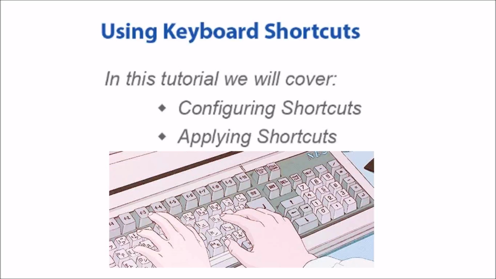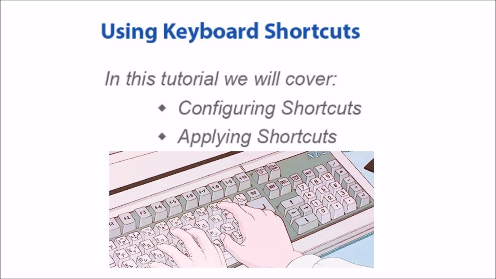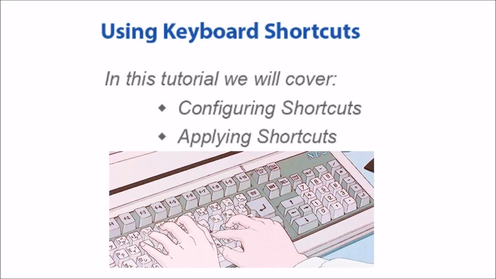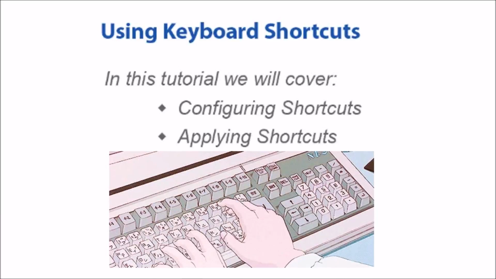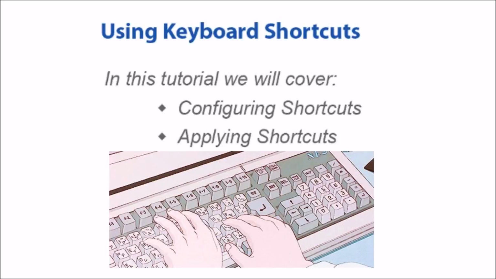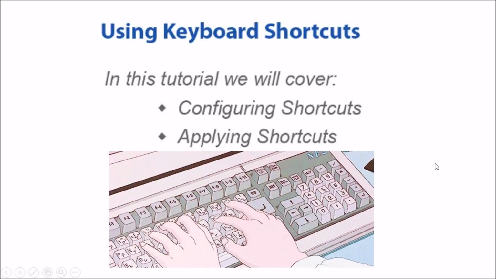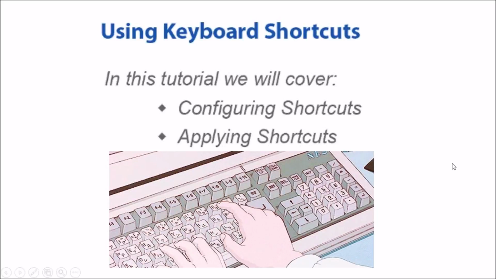The word shortcut is interesting in that if you're trying to go from one place to another, there are the long ways to go, and then there are the short ways to go. The shortcuts do speed up your work with your review process. However, sometimes they can cause a problem, especially if you are a fast typist and you hit the wrong key combination by accident. It can cause an issue. So some people turn off this feature. They don't use any shortcuts at all. That's unusual, but it is possible to turn them off, and we'll see that when we go through the interface a little bit later. And then we're going to talk about applying the shortcuts, how you go about that as